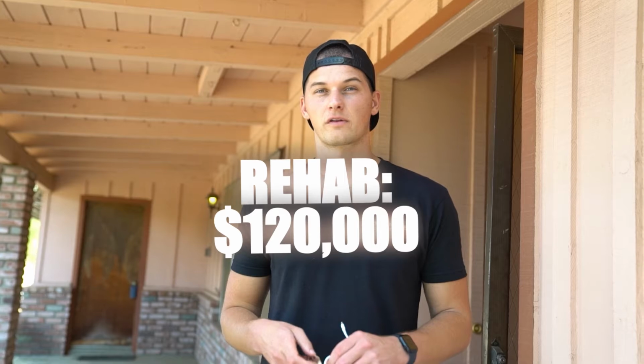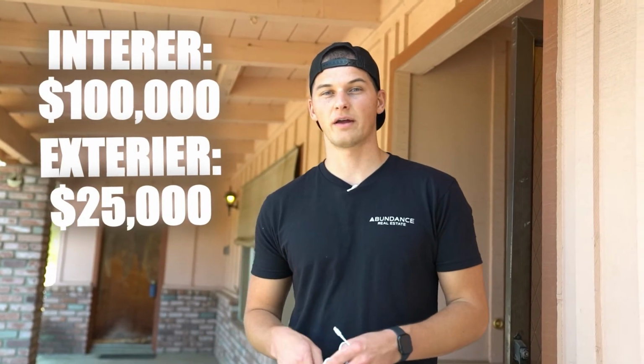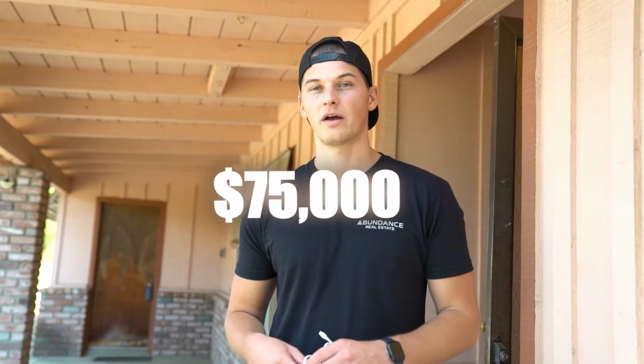My initial numbers before I saw it in person, but after we committed to buying it, were that we'd spend about $120,000 on the rehab, not including holding costs or financing costs, etc. I thought it would be about 100 inside and 25 outside. It turns out the interior remodel is going to be quite easy, so we'll probably be at about $75,000 inside, but it's the additional rehab items that we didn't anticipate that are going to eat up the rest of the